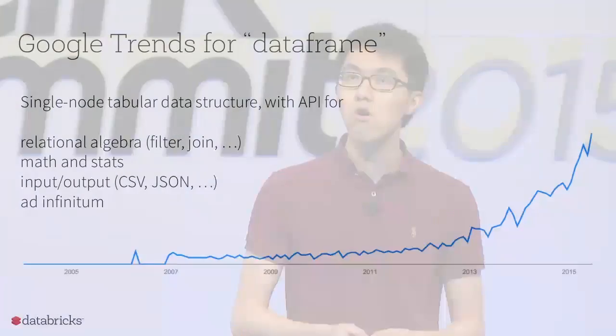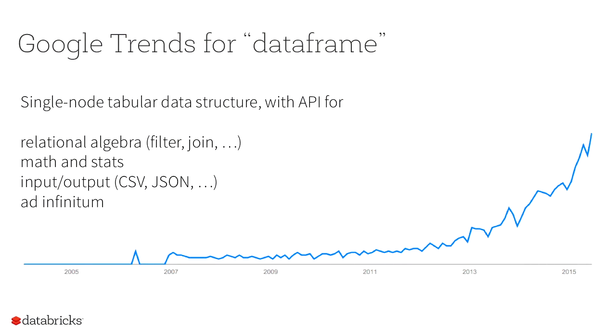And for those of you that don't know about DataFrames, it's essentially a set of single node tools that presents basically a tabular data structure. And with APIs for relational algebra, this is like your operations like filters and joins and selects and all of that. And also mathematics and statistics functions and input-output, so how you got to be able to read data in and write data out. And over the years, the community also built a wealth of libraries on top of the single node data frames to enable a lot more functionalities than originally intended. Now,